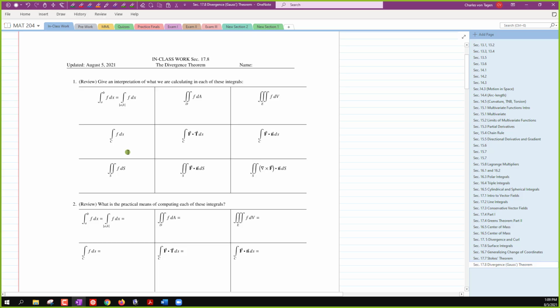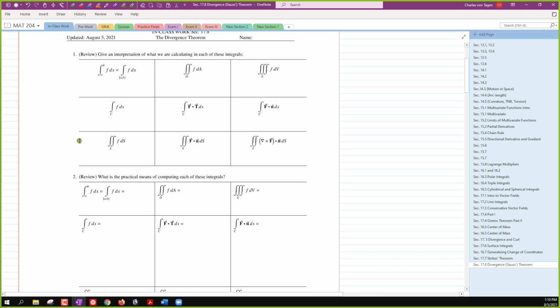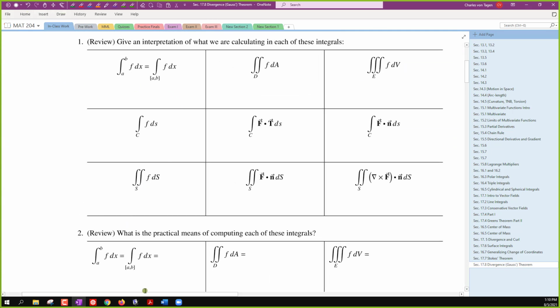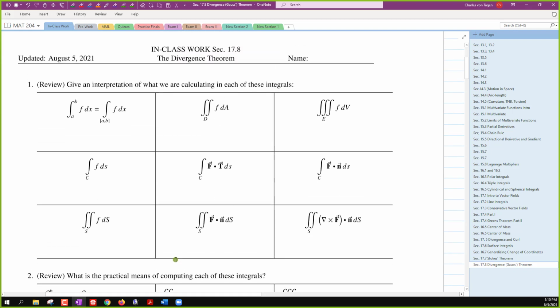So if you're missing these pages, it's not really a big deal. They're just meant to be a summary of everything that you've ever done in calculus, but you could just watch it from the video, or you can just jot it down on a scratch paper or something. So I thought it would be helpful to look at all of the types of integrals that we've dealt